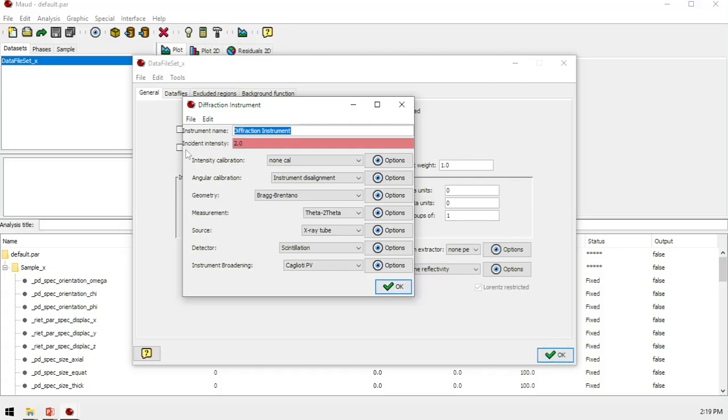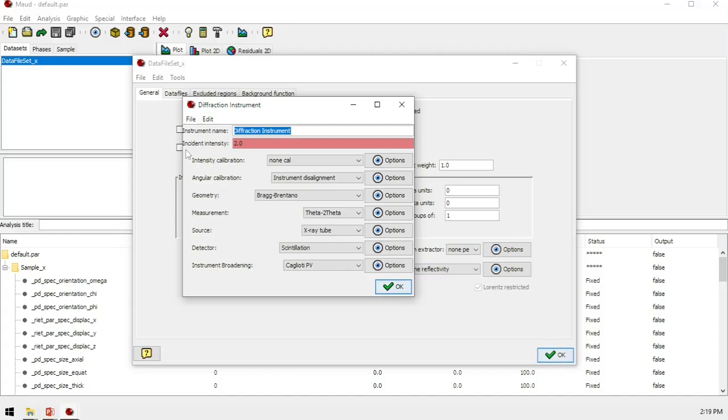But in this work, the sodium chloride refinement from X-ray data from the Rigaku Ultima. In this experiment, I have also prepared the lanthanum standard refinement, so I know the instrumental parameter.